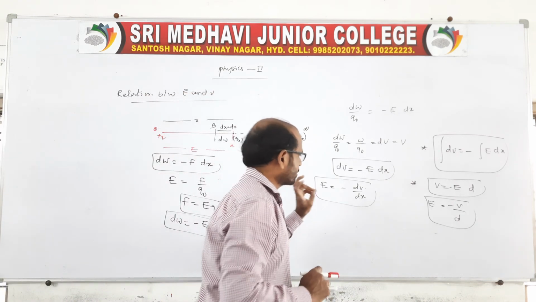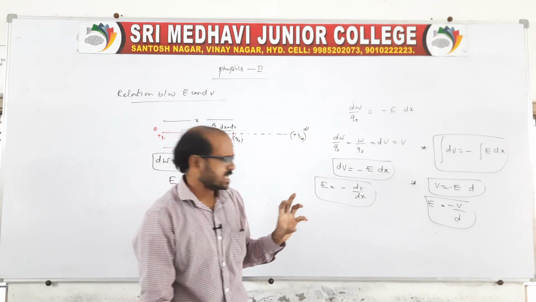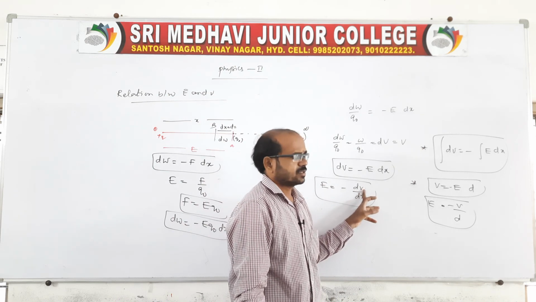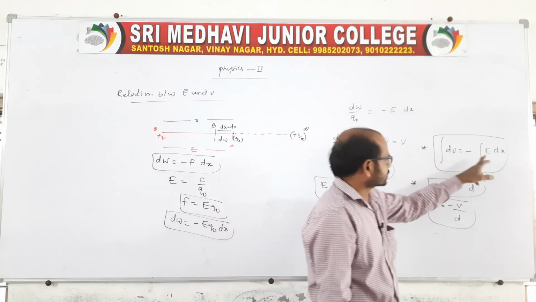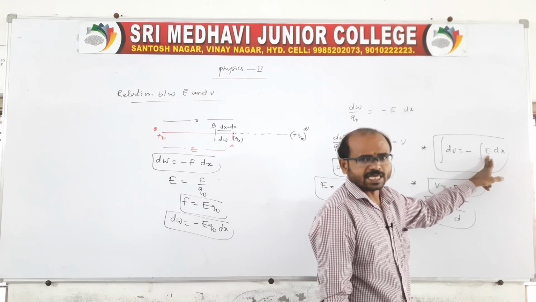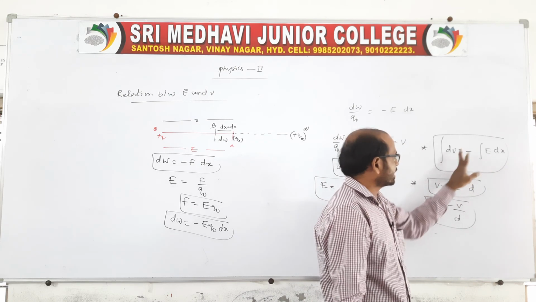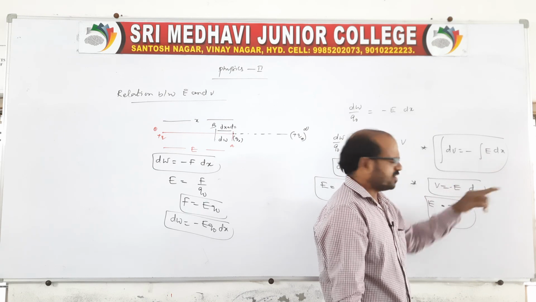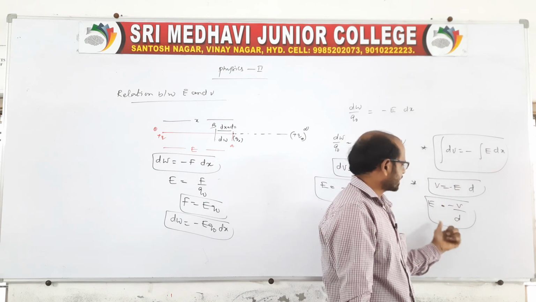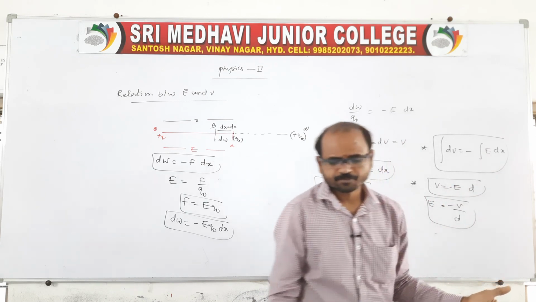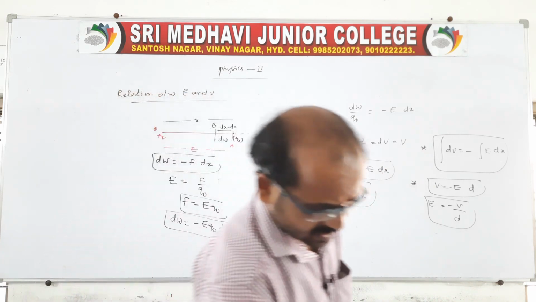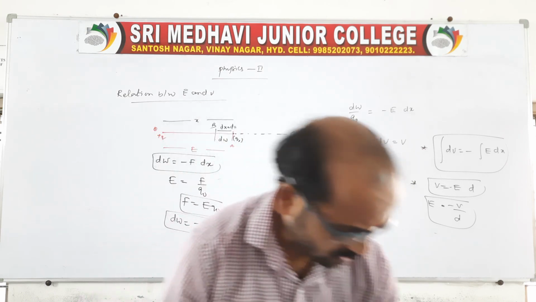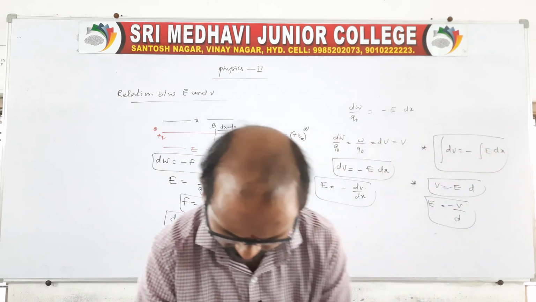Okay. So once again I am telling you, in the question, if V is given and it asks for E, then you apply the differentiation method. Suppose in the question E is given and it asks for V, then you apply the integration method. If it is directly given, you take E is equal to V by D directly. So like this we have problems on the basis of this. Then I will tell you the problems also. Let us look at the problems.